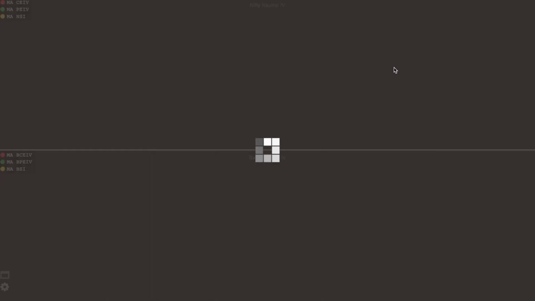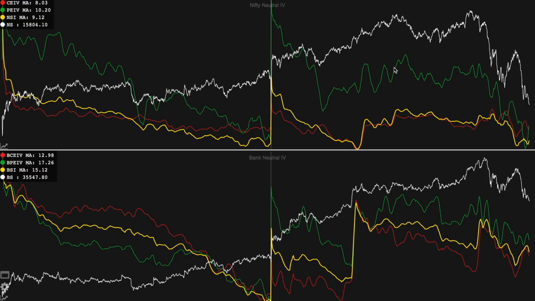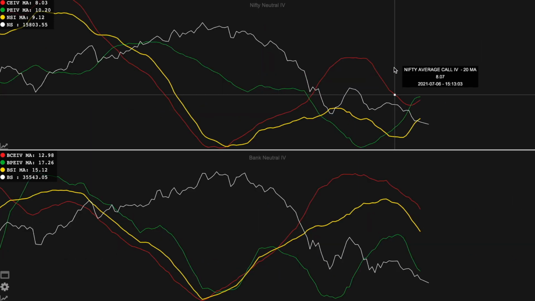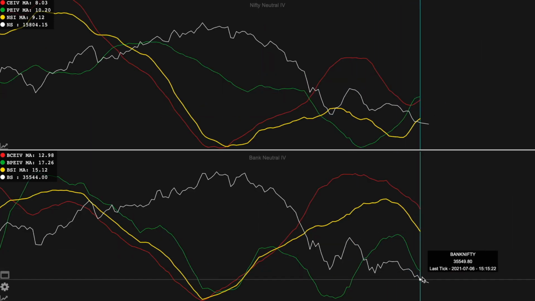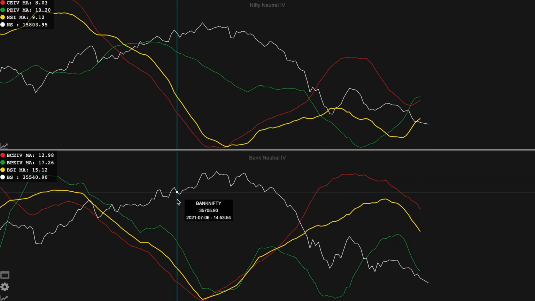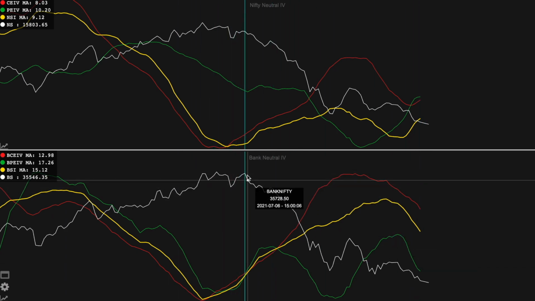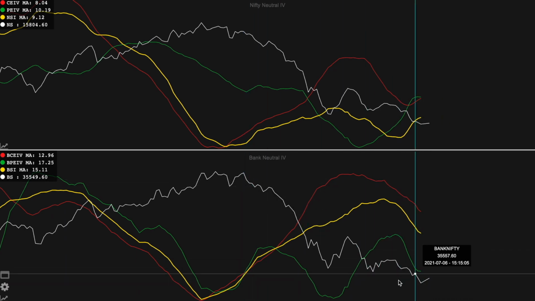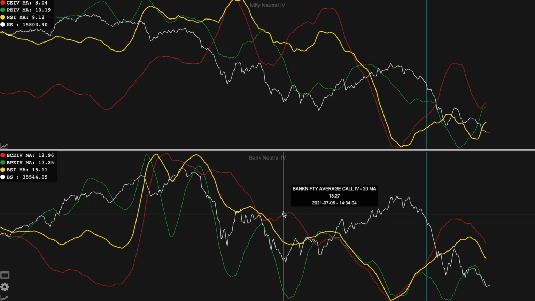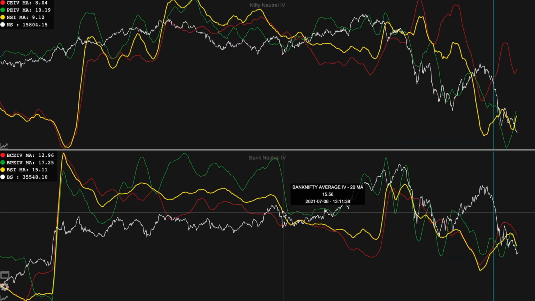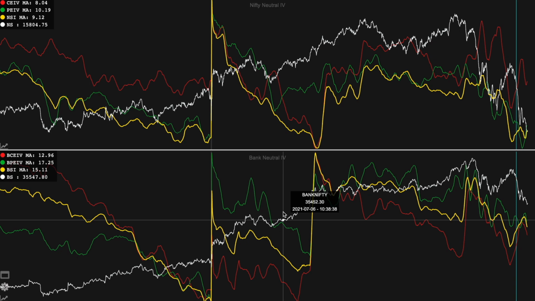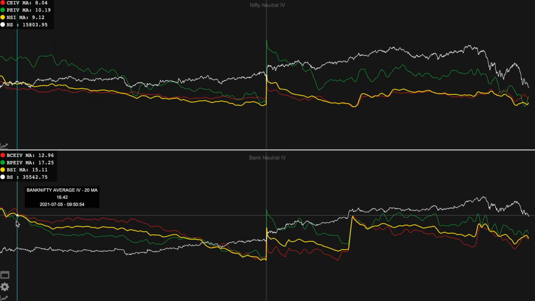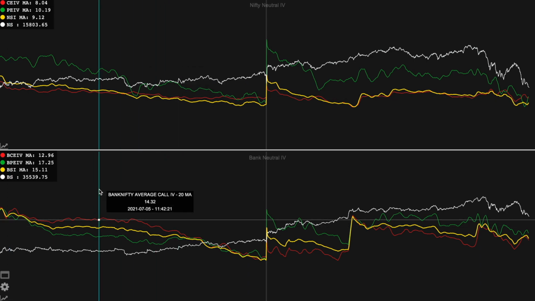Let me reduce the time frame of this chart to 2 days. Now to see the last 30 minutes of data, I can just press 1. If I press 1, we can see the last 30 minutes of data over here. To see the last 60 minutes of data, you can just press 2. For the next 120 minutes, you can press 3. So basically if you do 2, 3, 4, 5, 6, 7 like this, it zooms in on the last data for you. This is useful to analyze what is happening at the end of the day.